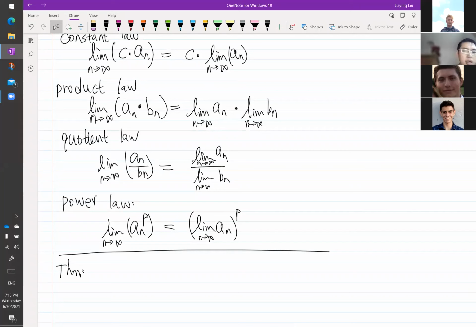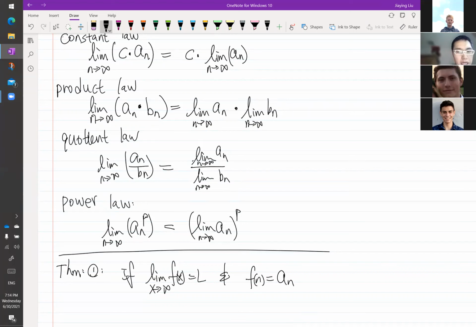So the first one is that if the limit of f(x) is equal to L as x goes to infinity, so a continuous function where as x goes to infinity the function approaches L, and f(n) equals a_n. So if x equals n, we get the y value is the same thing as the value in the sequence,